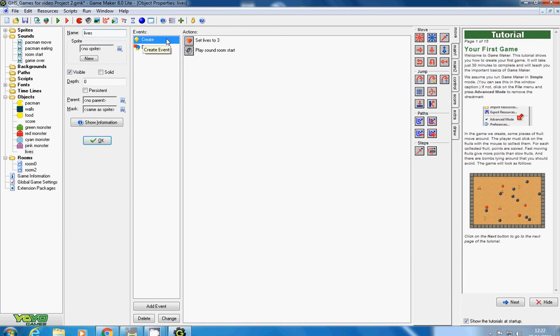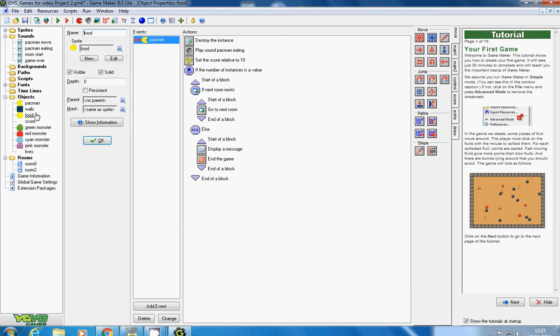So in the create instruction, which is what you do at the very beginning of the game, I can play the sound room start. So right at the beginning of the room, it comes up with play room sound at the start of that. So that's good as well. I also want it to play when it goes on to the next room. So I want to go to the food and say when